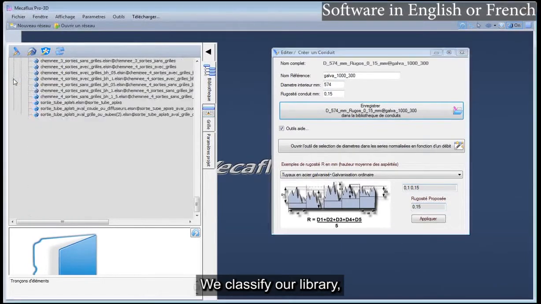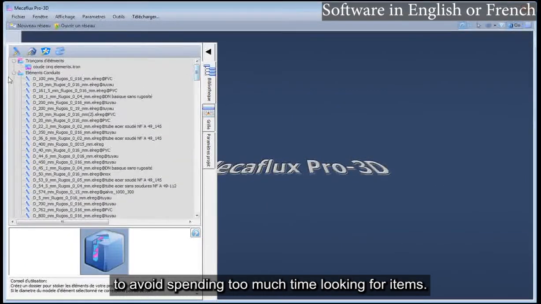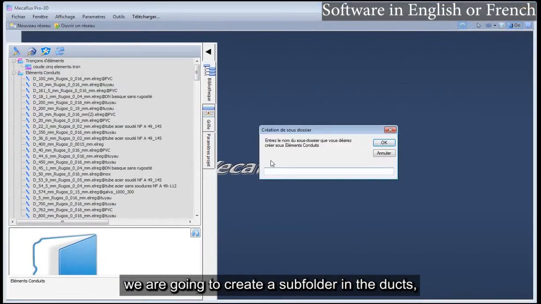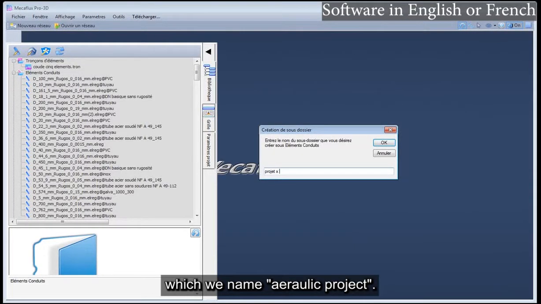We classify our library to avoid spending too much time looking for items. We are going to create a subfolder in the ducts, which we name Aeraulic Project.